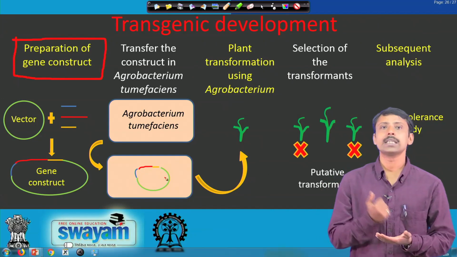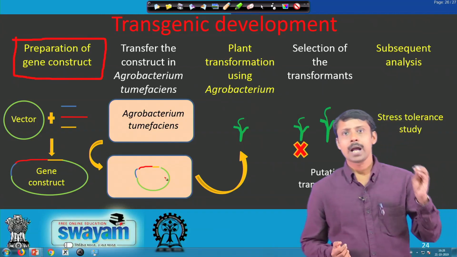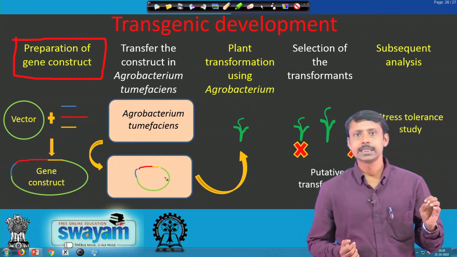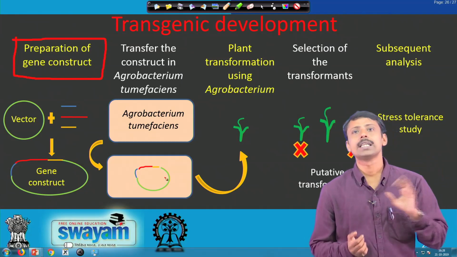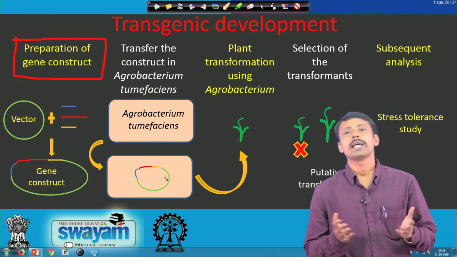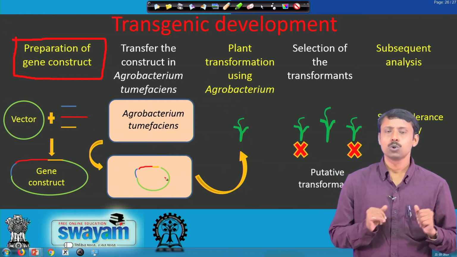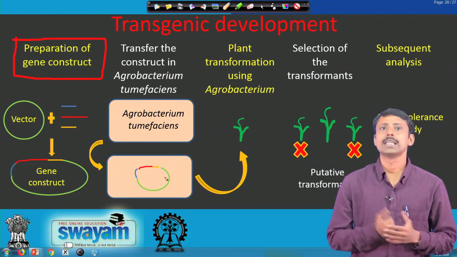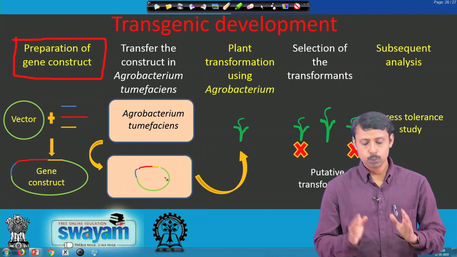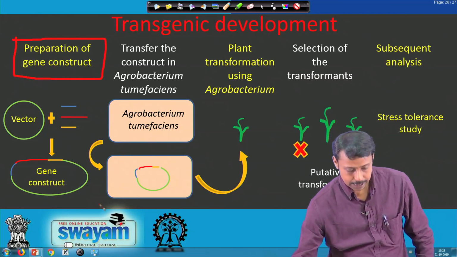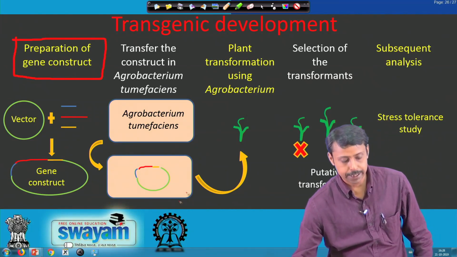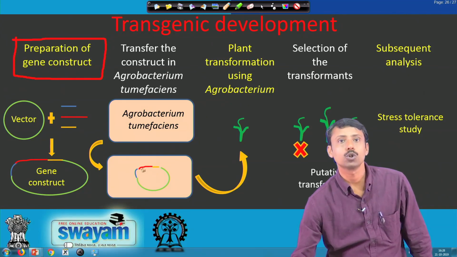So, some selection is needed. Some antibiotic resistance genes are used as bacterial selectable markers, like kanamycin, rifampicin, chloramphenicol. Based on that we can screen